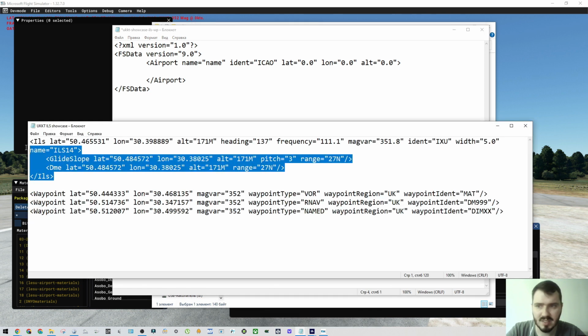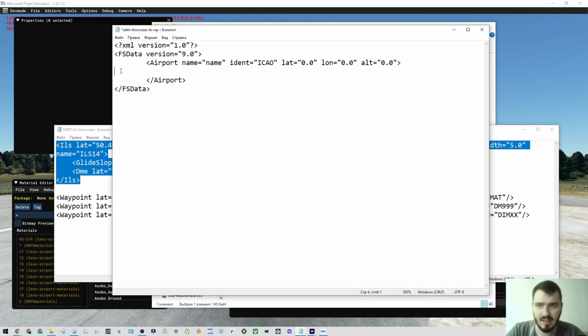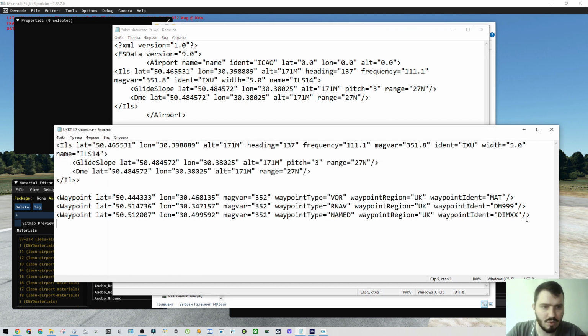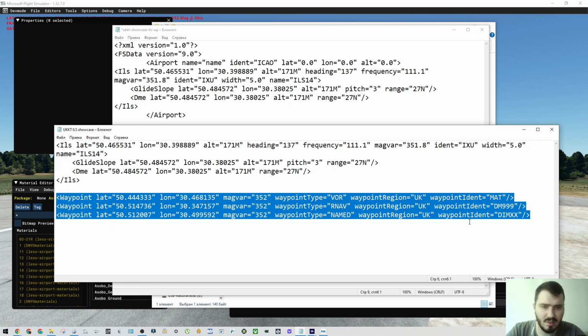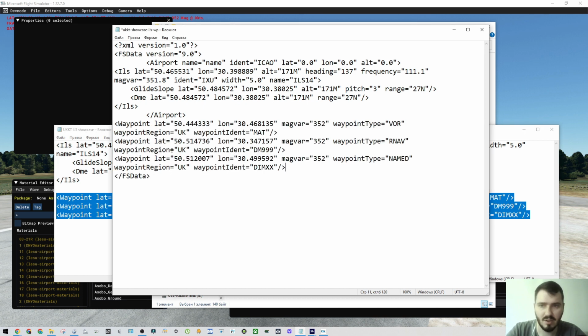So just copy this text and insert it before the airport. And after the airport, you can copy all these 3 waypoints. I will show you, it's just an example, you can put 100 waypoints here, it depends on you. Okay, just copy paste here, click save, then come back to our